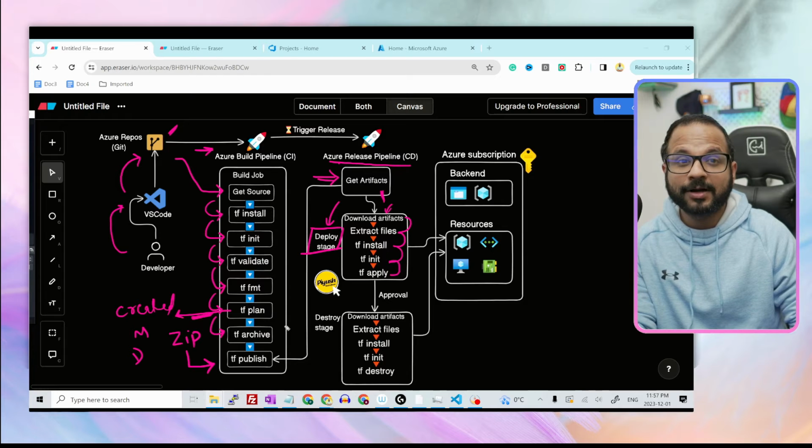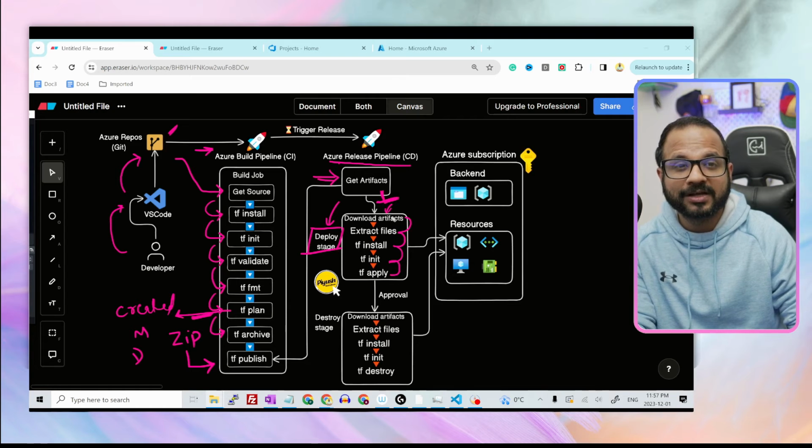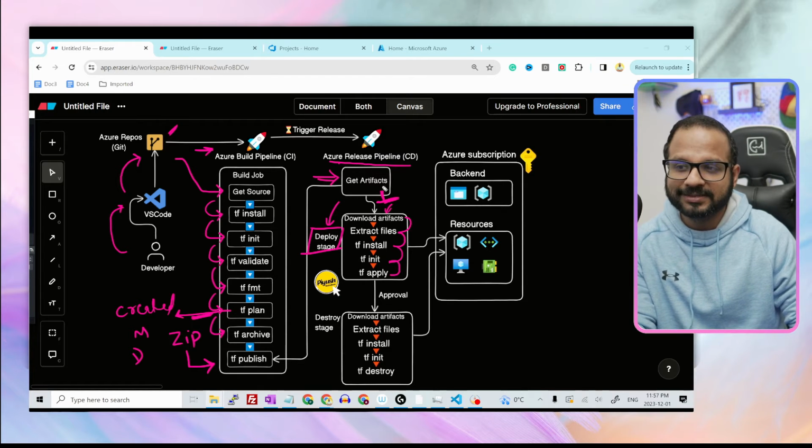So whoever approves the release, there could be a quality gate over here or a manual approval here. The manual approver can go and download the build or check in the build what resources are being changed in this particular build, and based on that, the approver can approve or reject. And once this is approved, it will trigger all these stages, and then finally Terraform apply, which will provision the